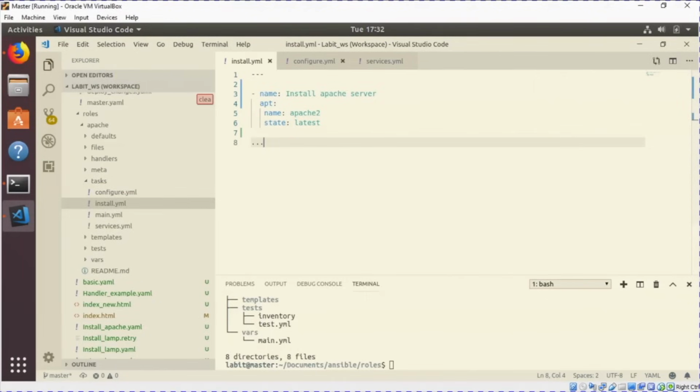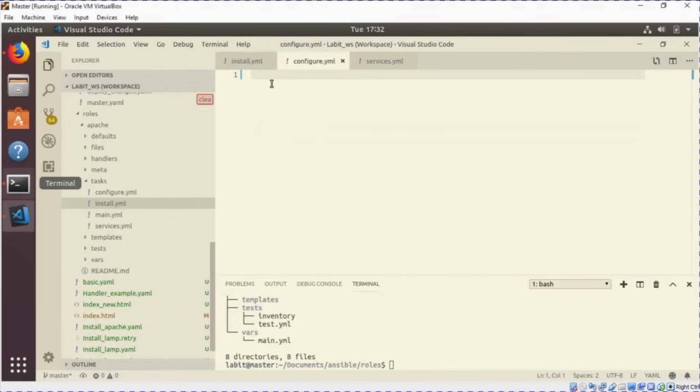Now under configure.yaml, I'm going to write 2 tasks. One would be to configure the web server, which means we will be sending over a custom Apache config file onto the web server, and second we will deploy our index.html. So 3 dashes